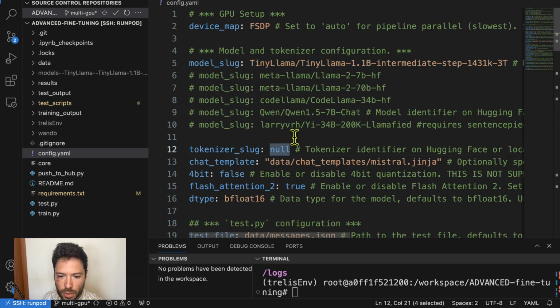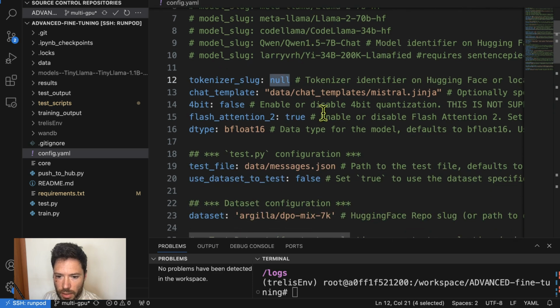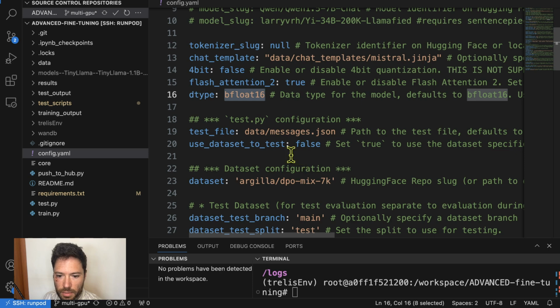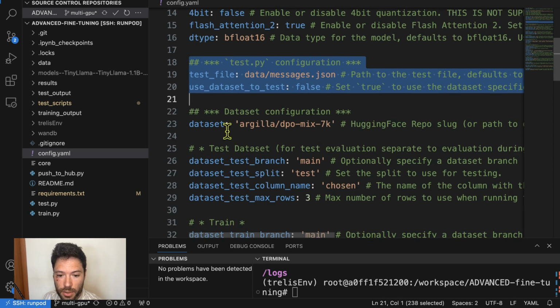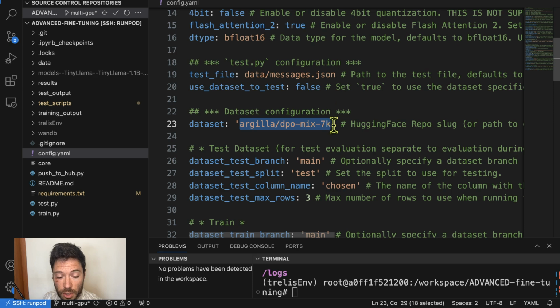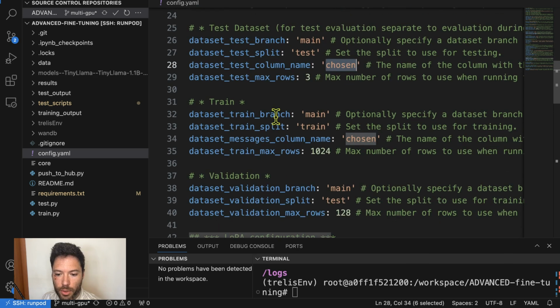We're going to use the tokenizer associated with the model, but let's just say we're going to fine tune it to match the Mistral type chat format. So I've set a chat template there. We won't use 4-bit. We will use flash attention. We'll use bfloat16. This here is only relevant for running testing if you want to generate completions on prompts. The dataset we'll use is a DPO mix. For the training portion, we'll